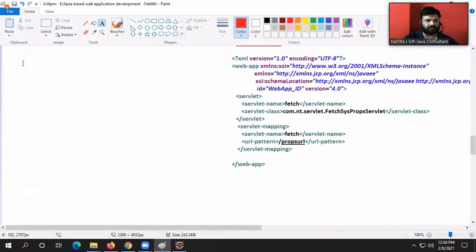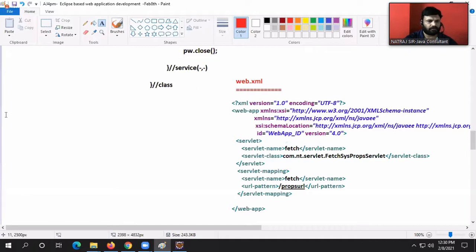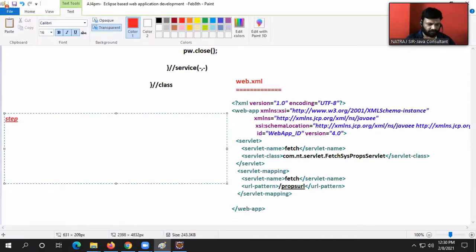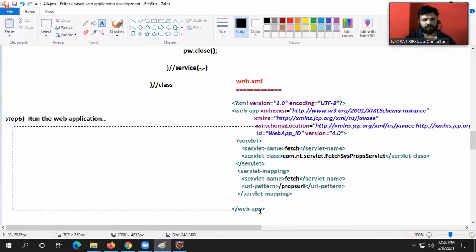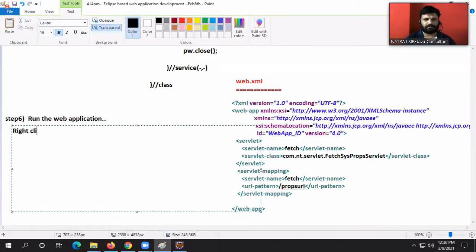Step number 6. Run the application. Right click on the project. Okay.